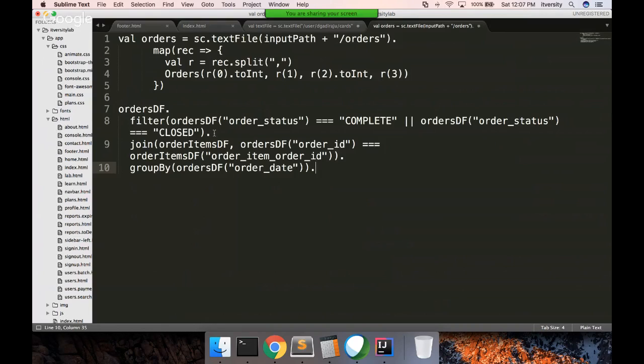Once it is grouped by order date, we have to aggregate based on order items df, order item subtotal. Okay, this will actually aggregate the data, and then we have to sort the data, right? So I think sort is the function, and in this case I want to sort it based on